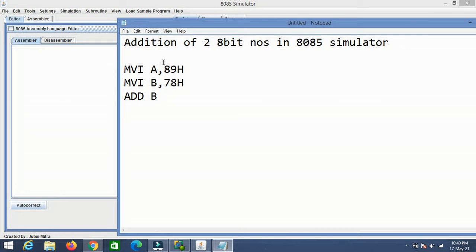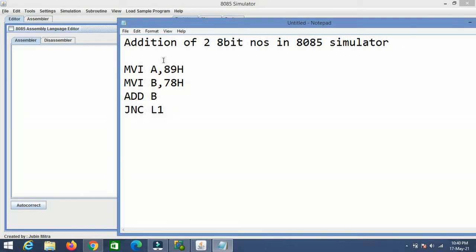If you want to show the carry also, maybe you would be getting a carry. In that context we have to go with jump if no carry. Maybe you would have known how to program this, but the main part of this lecture is to show how to work with the 8085 simulator.